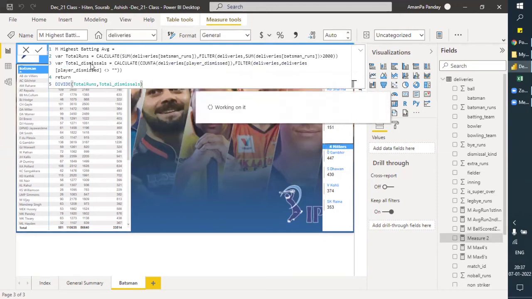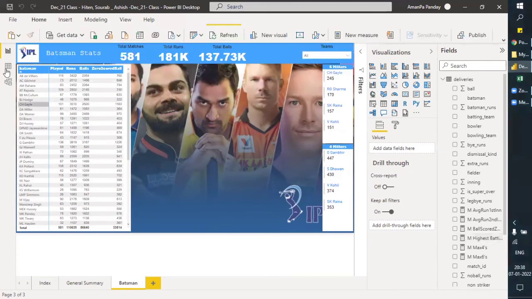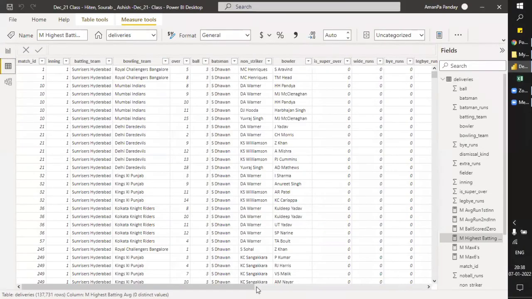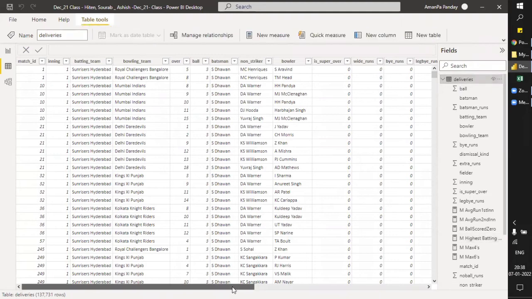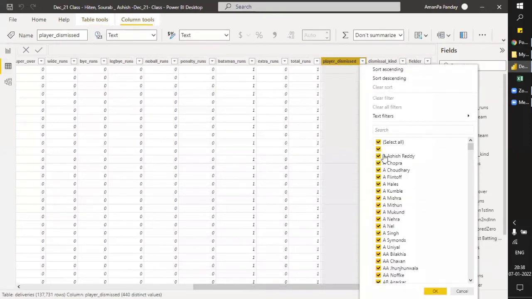Now I'll show you this one, the total dismissals, how we counted it. Let's come to the data. If we go to the extreme right in deliveries, we can see player dismissal is there, and the name is also there of which player got dismissed.